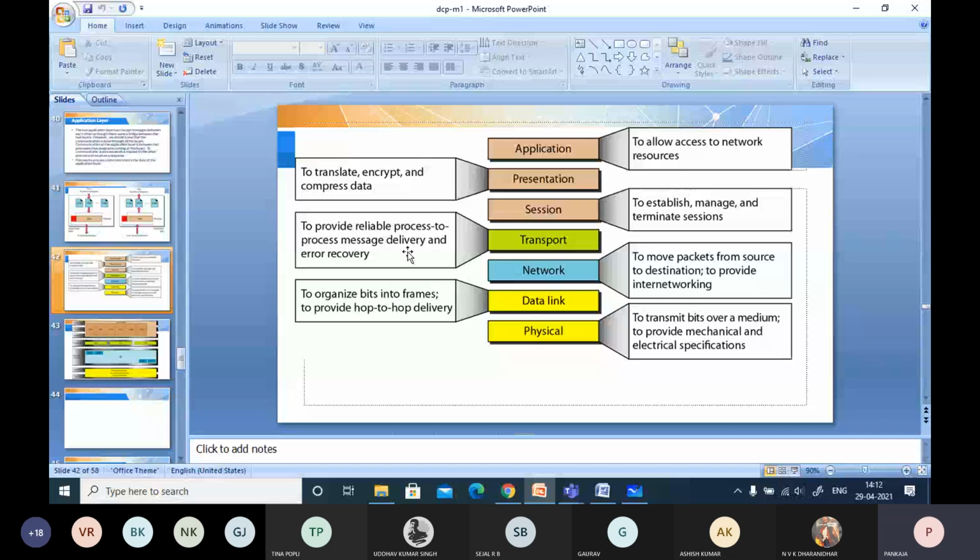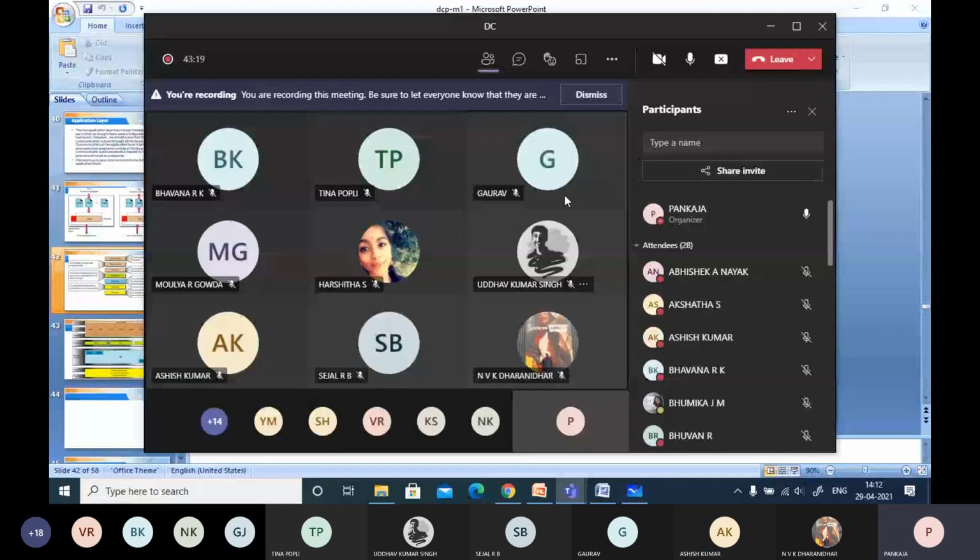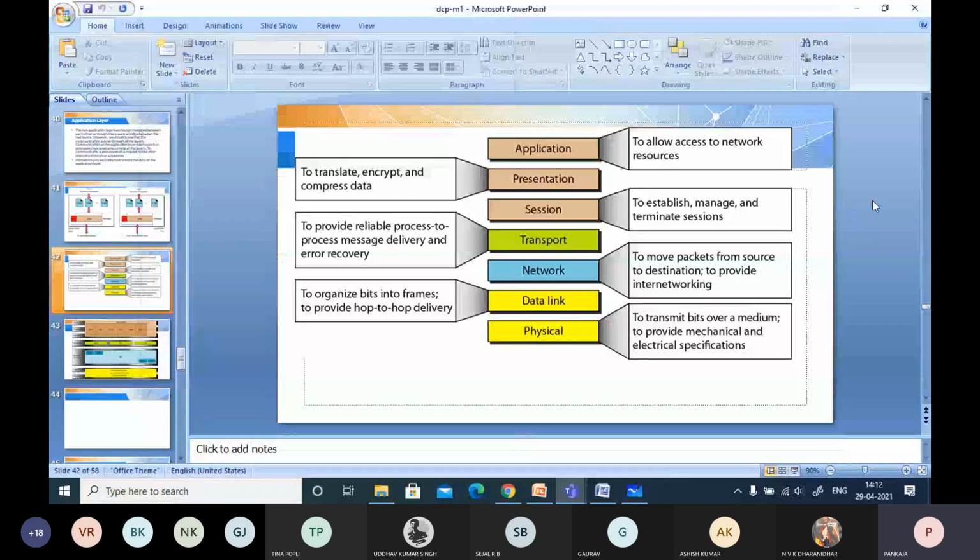There are so many important responsibilities assigned at the transport layer. Then, to establish, manage and terminate the session, the session layer is going to create the session. Now, what is the window created for our class? This is one session where we can exchange information. The establishment of this session is taken care of by the session layer. It is going to establish and manage the session, and at the end terminate the session. All this operation is taken care of by the session layer.